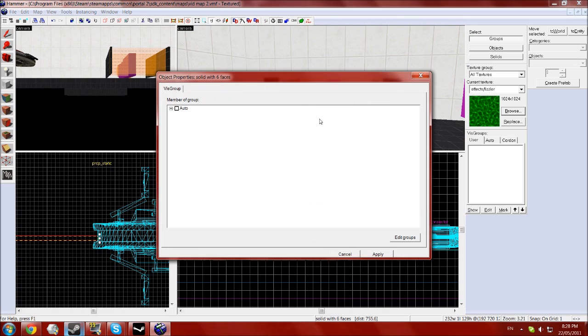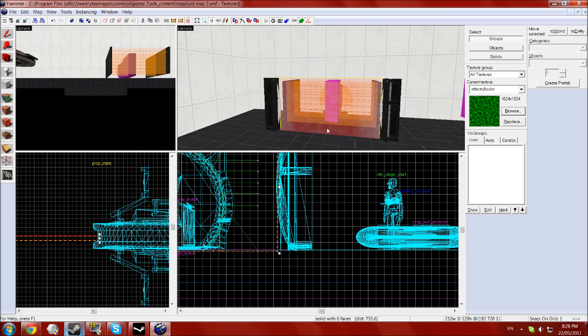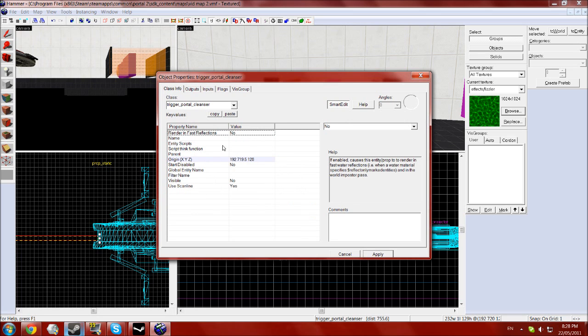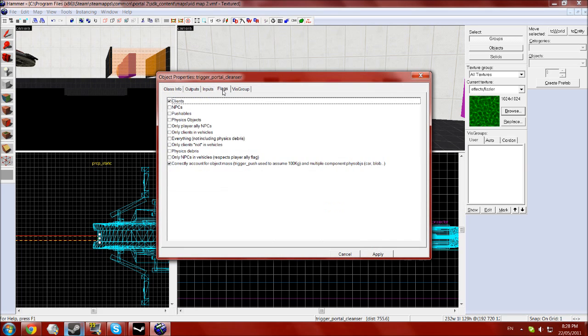And then you want to select it and press Control T to turn it into an entity, and type in clean into the class and select the trigger_portal_cleanser and click apply. And you want to have set the visible property to yes and click apply, and then go to the flags tab